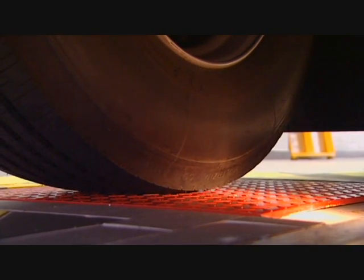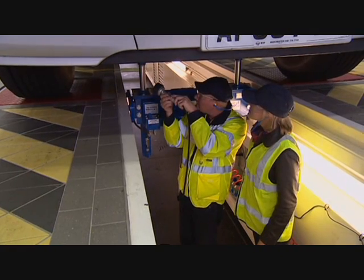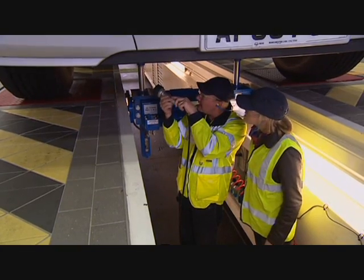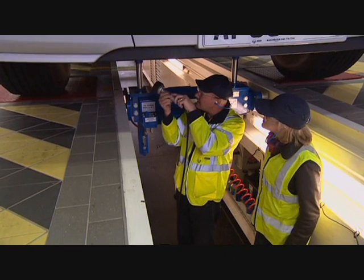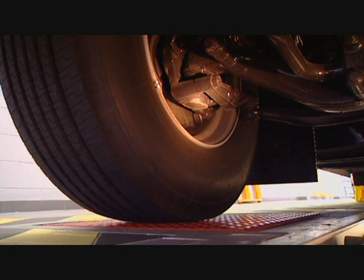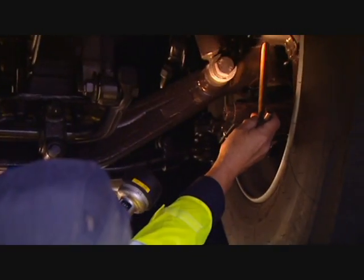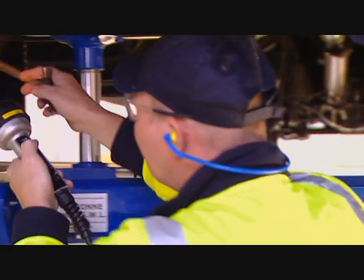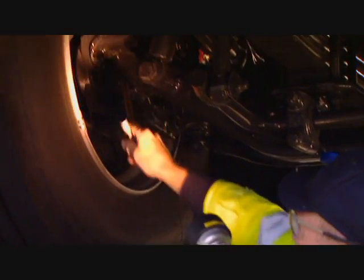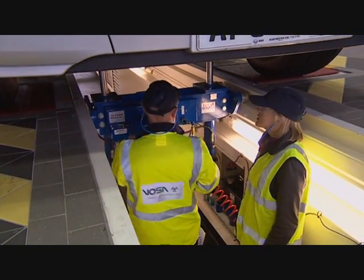You can see how much effort the shaker plates are putting on the system by how much the tyre's deflecting. But these are the points where we're going to look for play in the suspension and steering components. And as you can see, there's no movement there, which indicates everything's in good health. That's all right. And the same on this side here. All seems in good order. Now then,